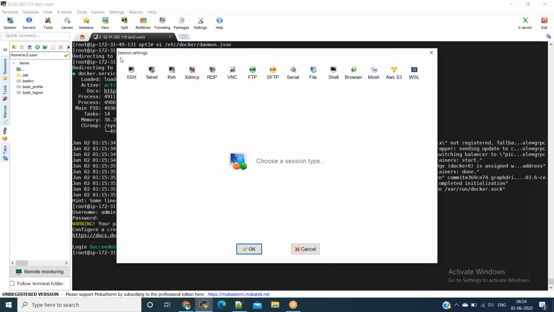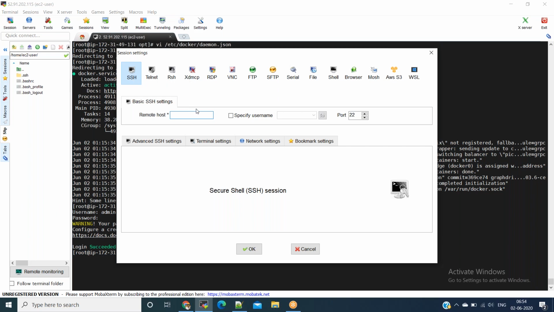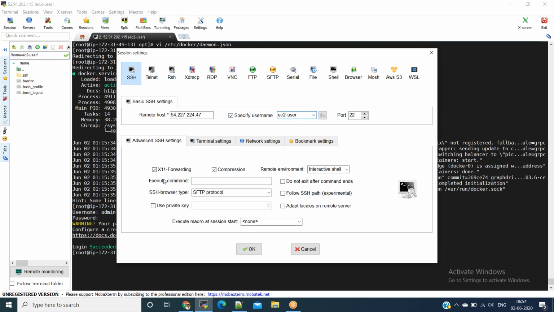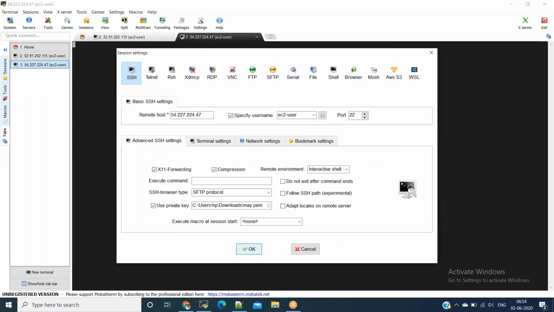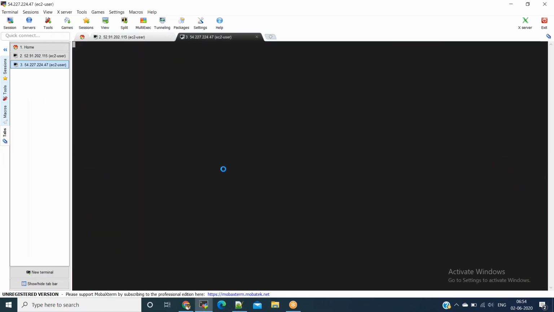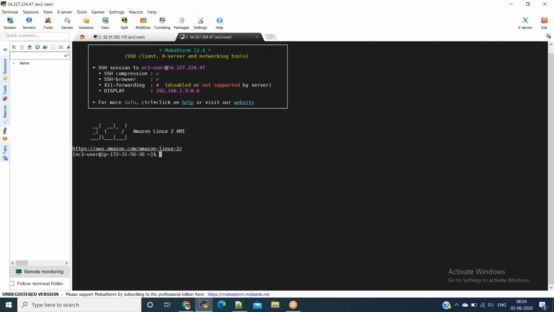Create a new session, SSH, remote host, select specify username, ec2-user, advanced SSH settings, use private key, click on OK. Now, as we are going to build Spring Boot application, we need Java and Maven software as a prerequisite.